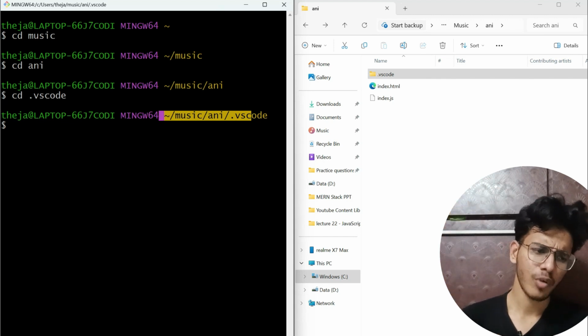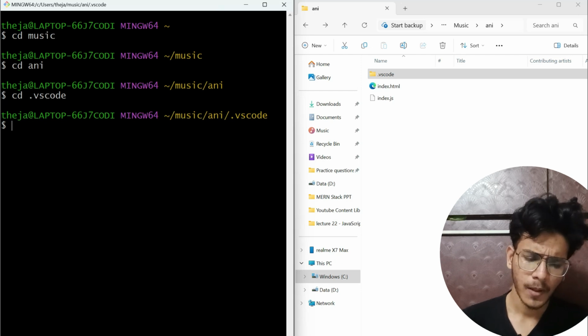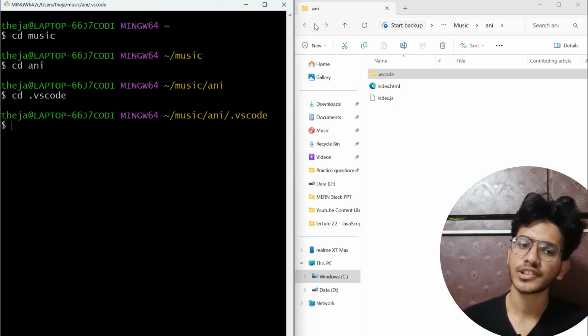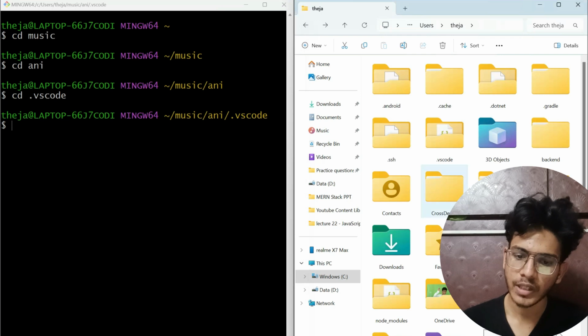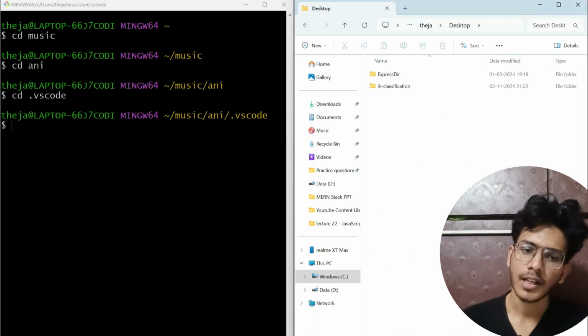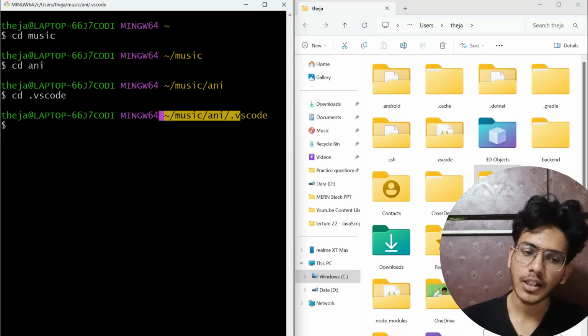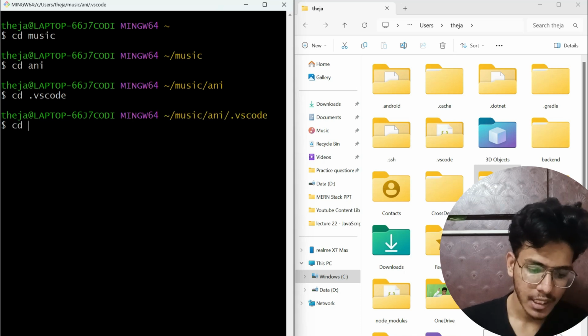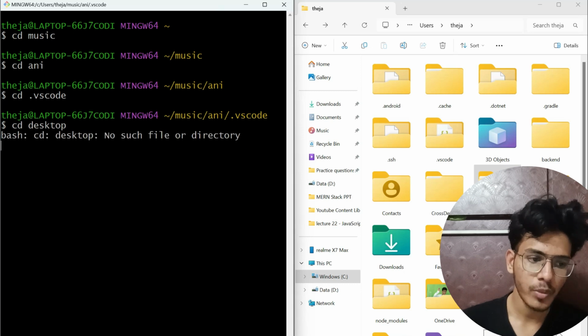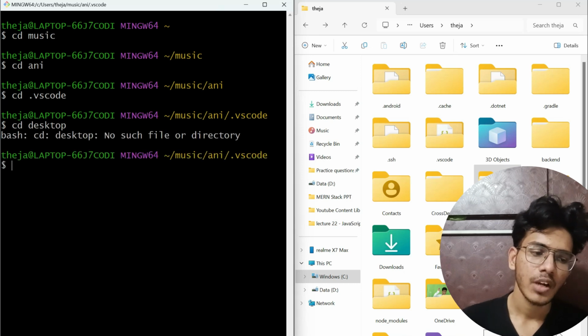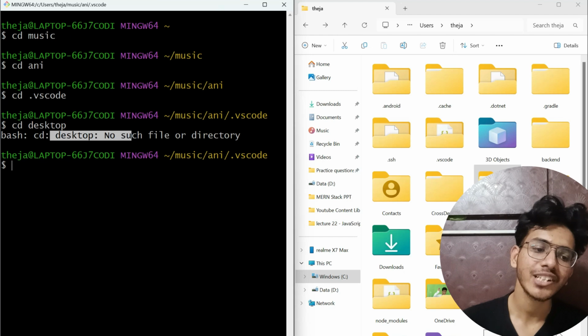Now what I want is to go into a folder which is outside. For example, in my home directory there is desktop. Now I want to access that folder, but I'm in my music directory, right? So if I write here cd desktop, then it will give me an error. What will it give me? It will give me desktop, no such file or directory,